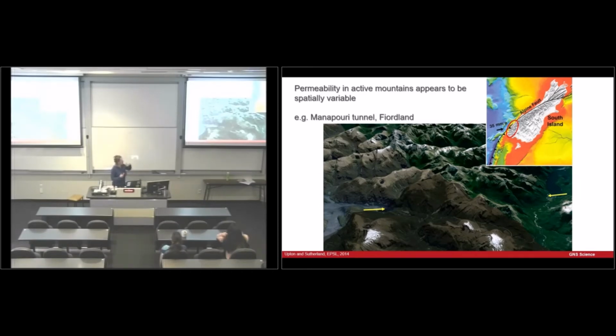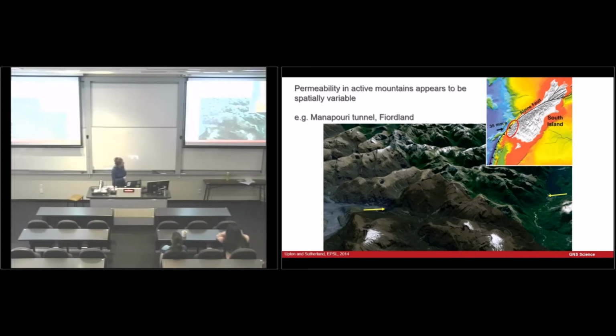But observations from New Zealand, as I'll show you, and observations from Nepal and Taiwan, don't fit it. These observations suggest that permeability in active mountains appears to be spatially variable, and in the top couple of kilometres at least, it doesn't necessarily decrease as you go down, and it certainly doesn't decrease exponentially. And the reason I got into this was because this is work I did with Rupert Sutherland, and he